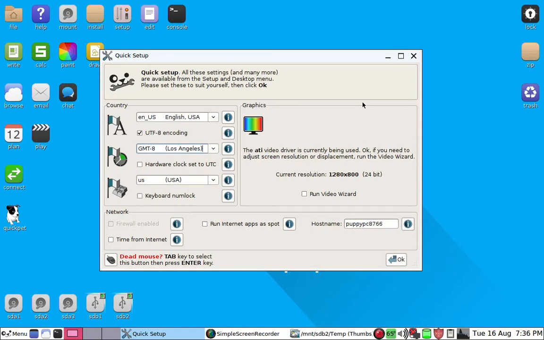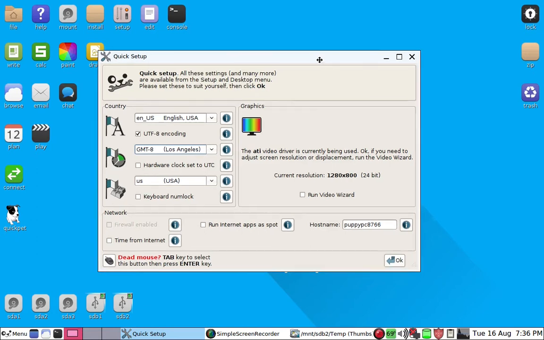If it's a routine older legacy BIOS, this works very well, and it may also work on UEFI PCs. But the main reason why we want to go through initial quick setup is to see where the save folder will be